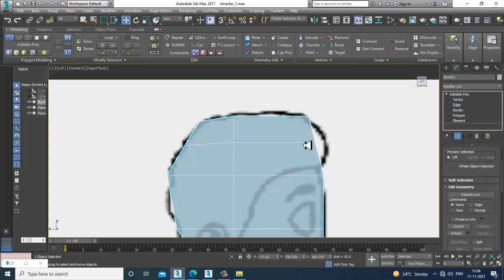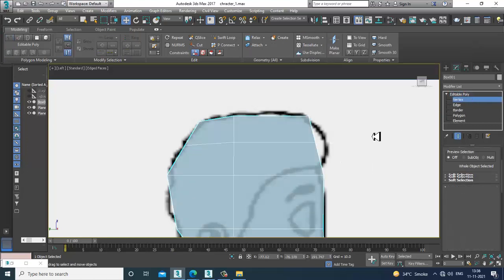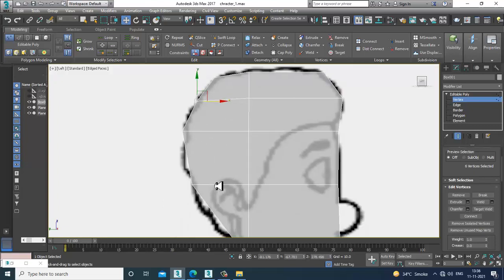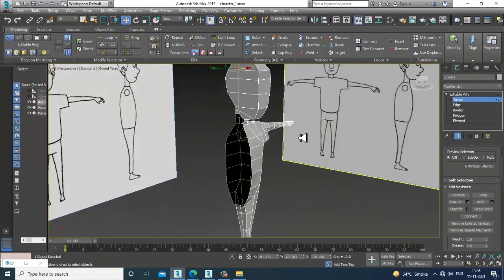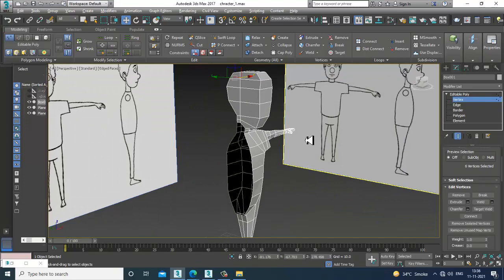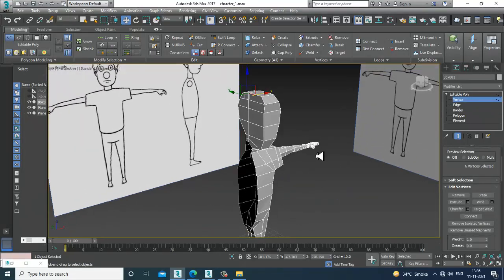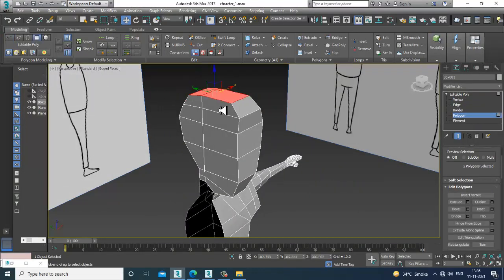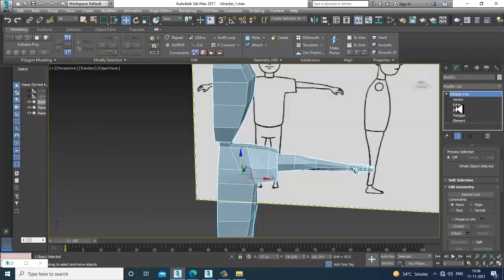So even if you feel right now that this is not accurately matching the reference, no worries, we can do that later on. First just put a bit of loops, not much. As you can see over here, we have done a bit of blocking. Go into these polygons and let's delete these polygons and give a symmetry modifier.